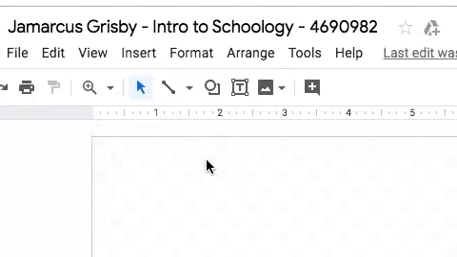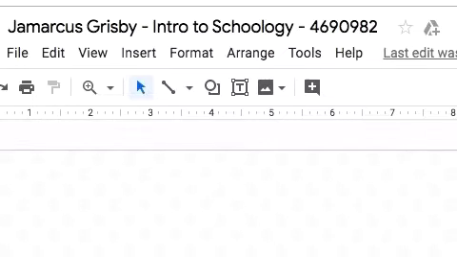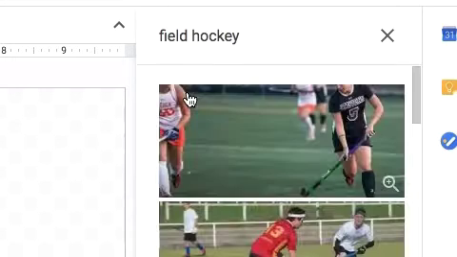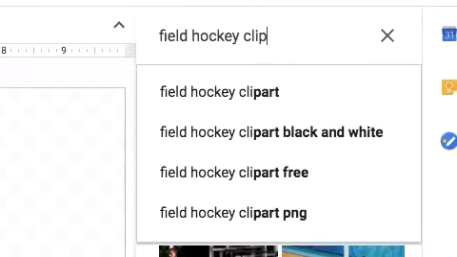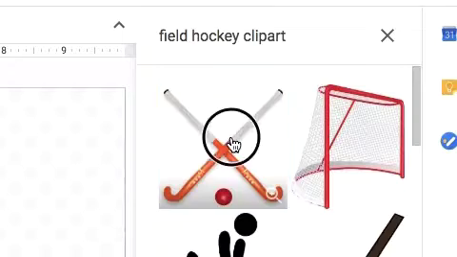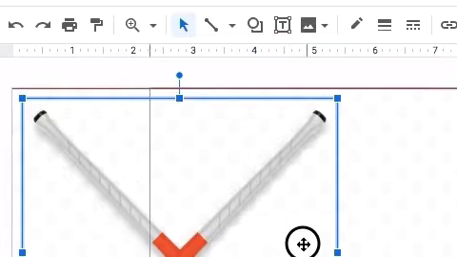So for this first assignment, what I'd like for you to do is just insert a picture of something that you like to do. So if I click on insert right here, image, and I'm going to search the web, and over here on the right hand side, I'll be able to search the web, and you could type in something that you like to do. You could click, or you can even do clip art. If I type in the word clip art, it'll give me pictures of clip art for what I like to do as well. So whatever you prefer, you find an image, click, drag it out here into your window,